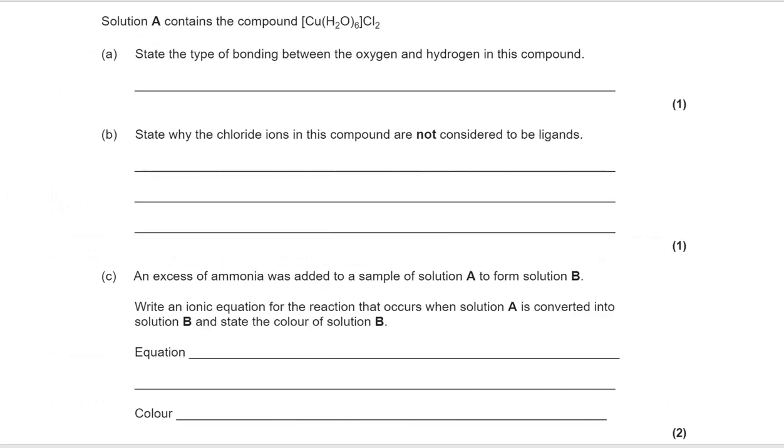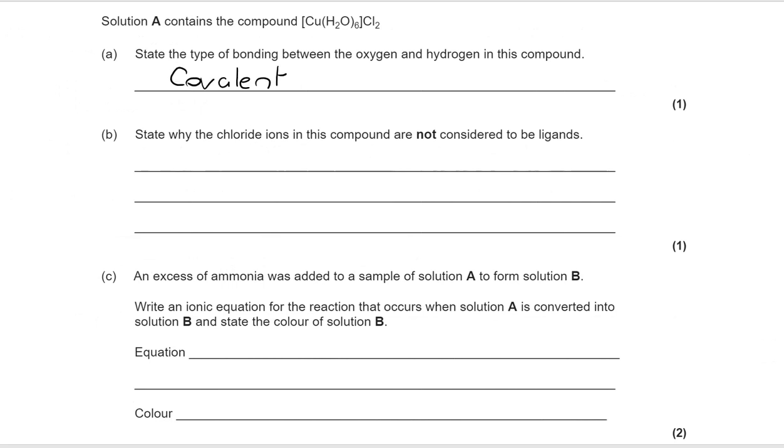Okay, so let's take a look at part A. We have got hexaaqua copper ions, Cu(H2O)6 2+, and we've also got Cl2. And we want to know the type of bonding between the oxygen and the hydrogen in this compound. Now, it's important to consider that this is a water ligand. There is a dative covalent bond from the O to the copper, but within the water ligand itself, it's straightforward